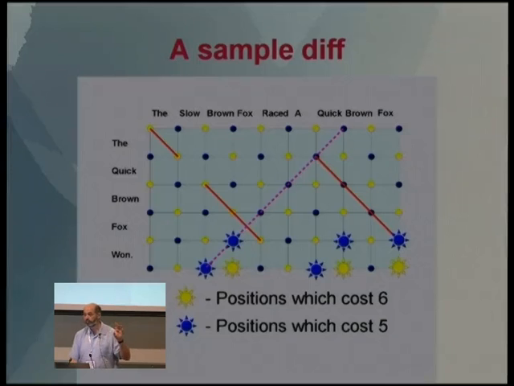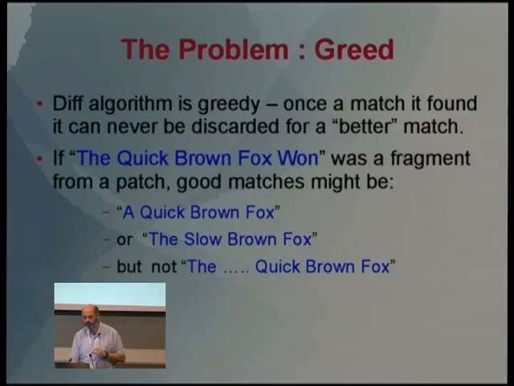But if the quick brown fox 1 was actually part of a patch and you were trying to find the best place to align it in that file, well, the best place to align it is probably either aligning it at the front with a quick brown fox or aligning it at the end with the slow brown fox. But aligning it with the whole stuff is just not where you'd expect a patch to be. And in my early iteration of this program, of my tool, I found that it did exactly that. If a patch hunk didn't match perfectly, it would match it with all sorts of wrong stuff. And so we need to modify, as I said, the diff algorithm.